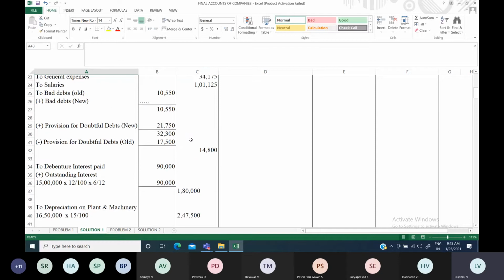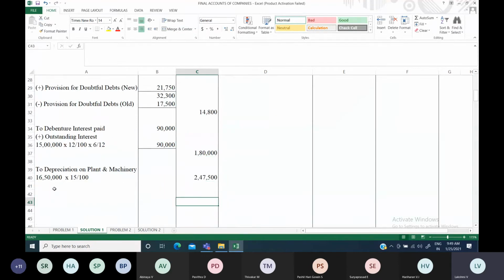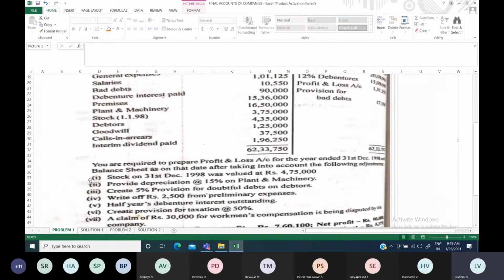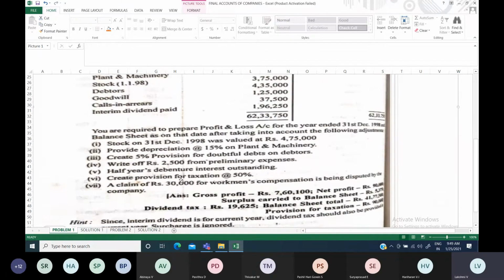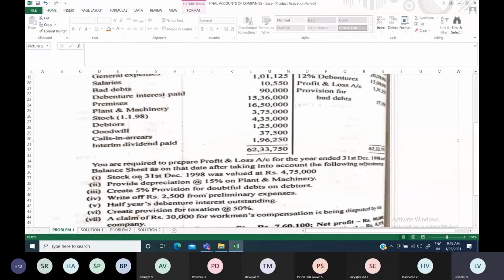So write all the amounts properly on a single side. Check the units, place and all, and write properly. And moving to the other items. Plant and machinery got over. Stock, we already finished, opening stock. Debtors, we completed, bad debts. Goodwill is on the intangible asset side of your balance sheet. Any amortization, if something is there, we give it like depreciation, even for goodwill. But usually they don't give it in final accounts problems.